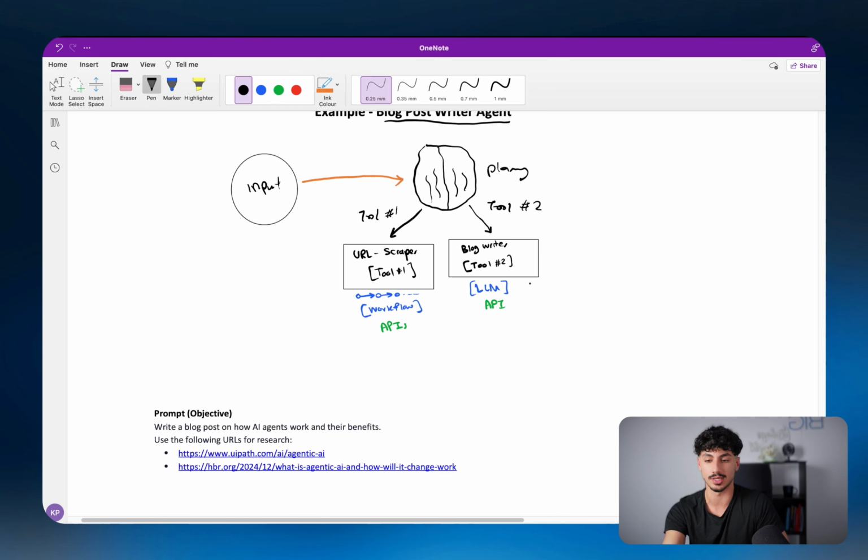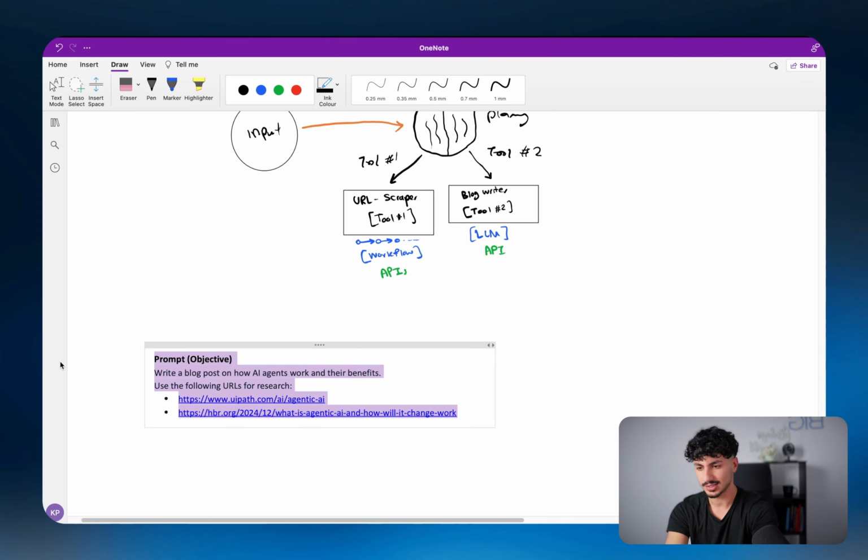And then tool number 2 is a blog post writing tool. And realistically, what this one is, it's just a large language model. It's just like ChatGPT. So I just basically told ChatGPT that it's going to get a whole bunch of research and it should use that research to write a blog post. Now, realistically, if I wanted to build a proper blog post writing agent, I'd probably put a little bit more effort into making it more capable and giving it more tools, and maybe even giving the agent more instructions. But for the case of today's demonstration, I wanted to keep it quite simple. So that's all I allowed the agent to do. Well, that's like all the information, all the capabilities I gave the agent.